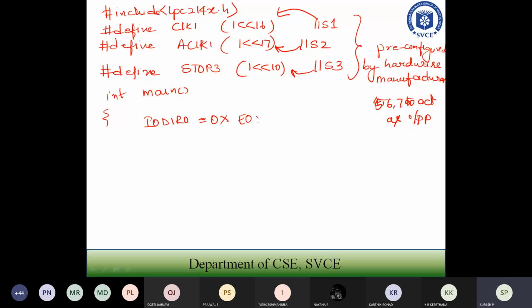E0. Since the port configuration register is 32-bit, normally they write it as 00000. Here it is nothing but 0xE0. The binary equivalent of E is 1110 followed by 4 zeros. This is port 0, this will be port 1, port 2, port 3, port 4, port 5, port 6, port 7. So I configured my ports 5, 6, 7 to act as output ports by passing 1, using the IO direction register.